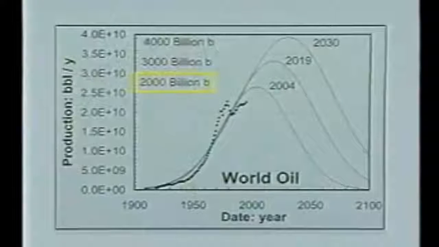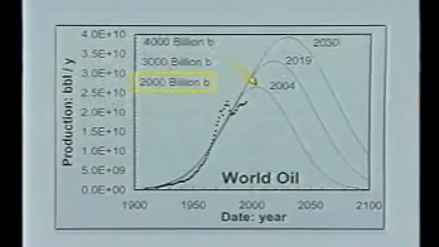Well, I go back to my spreadsheet on my computer at home, and now in addition to just fitting the curve, since the curve has not started down, I can't get a very good fit for the area under the curve. But what I have to do then is to go to the geology literature and find out what is the consensus figure among geologists as to the total amount of oil we'll ever find on this earth. Well, this consensus figure is 2,000 billion barrels. Now that's uncertain. It has an uncertainty maybe 40%, plus or minus 40%, so it's a very uncertain figure. But that's the consensus figure.